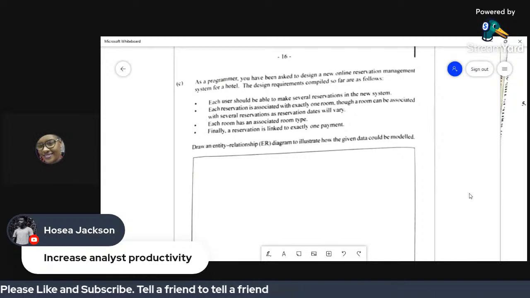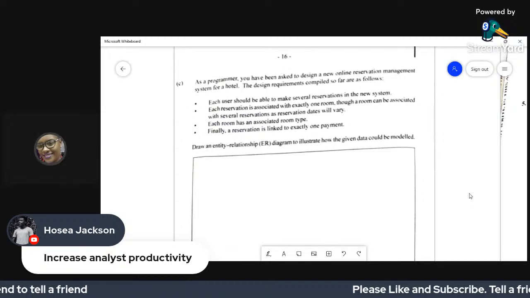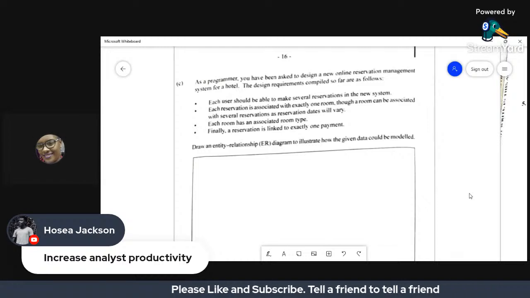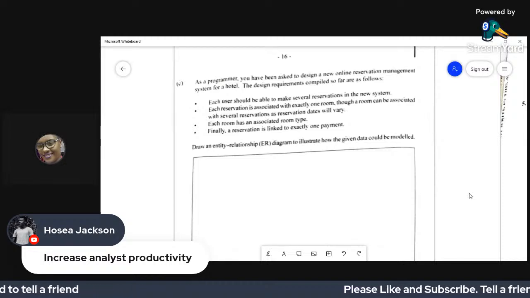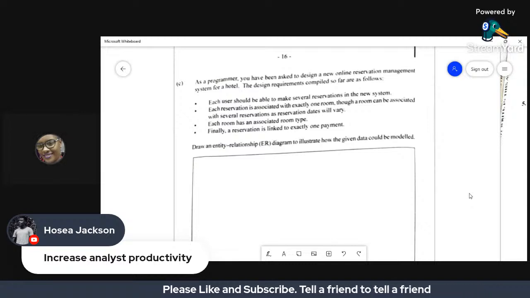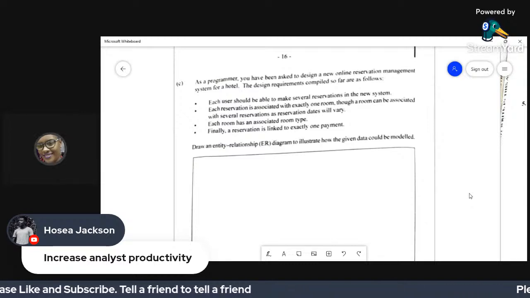The design requirements compiled so far are as follows. Each user should be able to make several reservations in the new system. Each reservation is associated with exactly one room, though a room may be associated with several reservations, as reservation dates will vary.